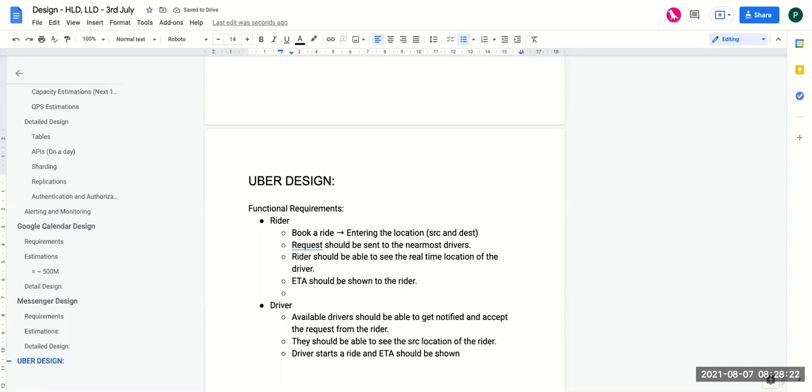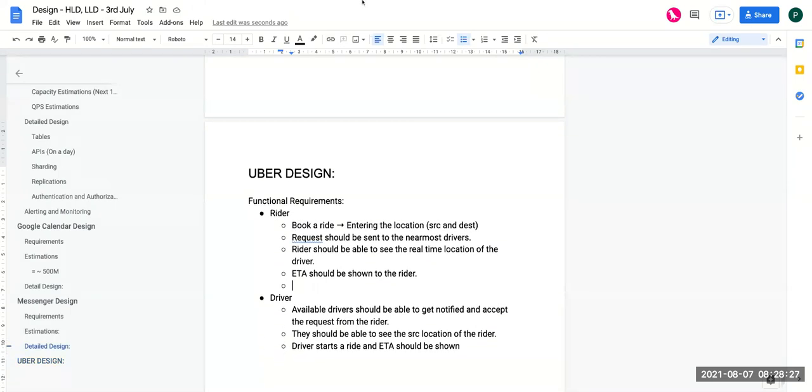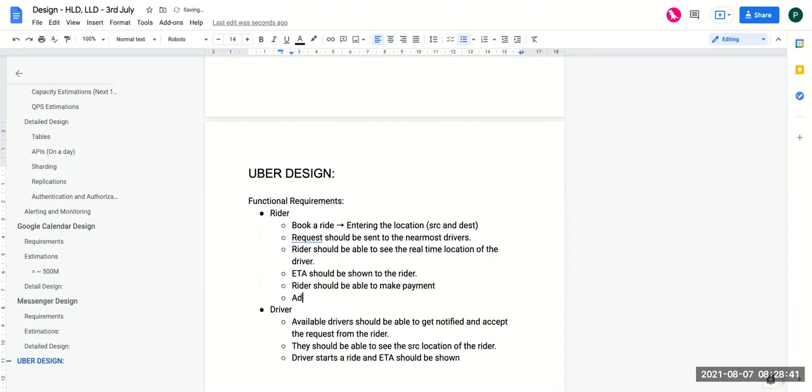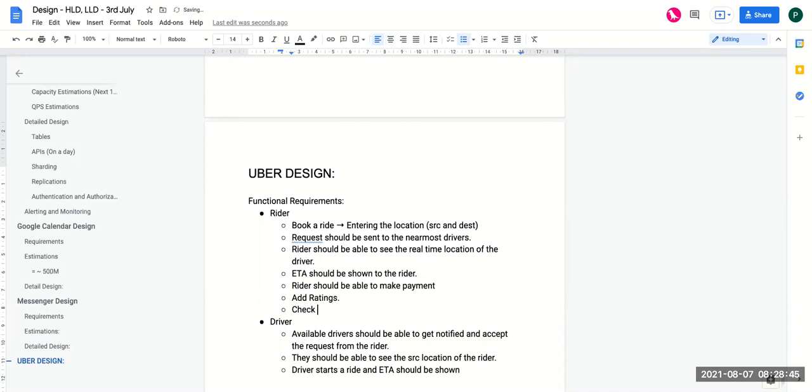What else do we want? Once we're done with this, the ride will be completed. Correct. Then the rider should be able to make payment, add ratings, and check ride histories.